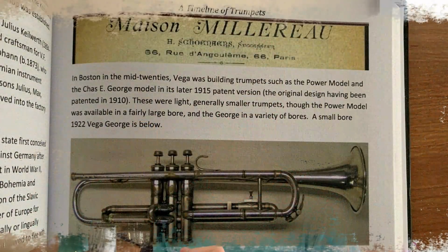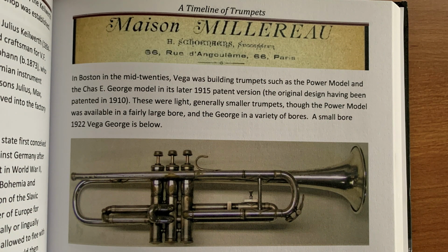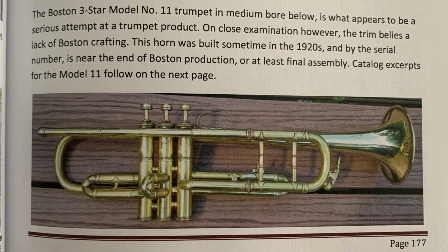In fact, these trumpets appear to be pretty close clones of the Vega Power model and Chas E. George model. There's a picture in this book of a George model in small bore that looks very, very similar to what we're looking at here today. And there are also some pictures of Boston trumpets that came a little bit later. First of all, there's a picture of a 3-star Model 11, which should be essentially what I have, that does indeed look very